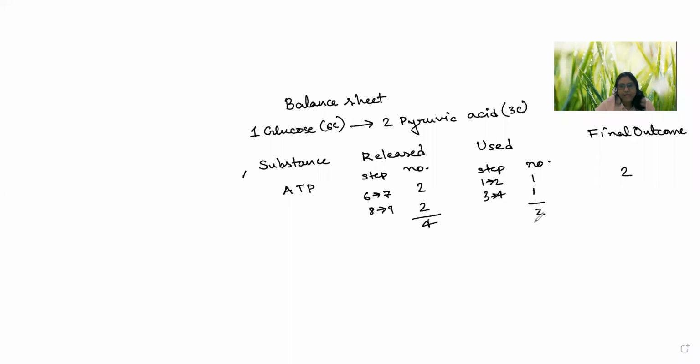You need to calculate every time. As I taught you in photosynthesis that you need to take care of the number of NADPH and all, here you need to count the number of ATP and all. Second is NADH plus H. So how many of these are produced? First we need to understand, tell me, where is this produced? In which step?